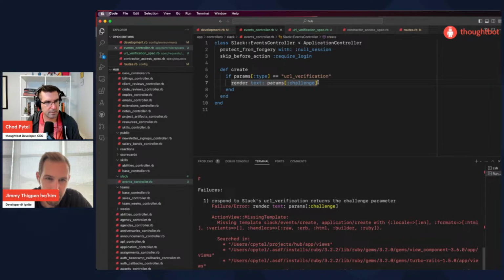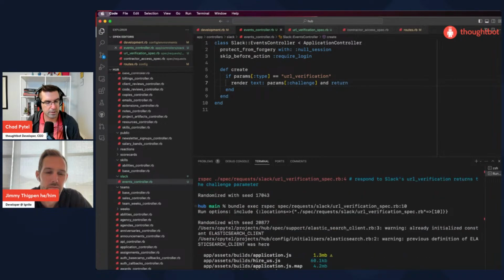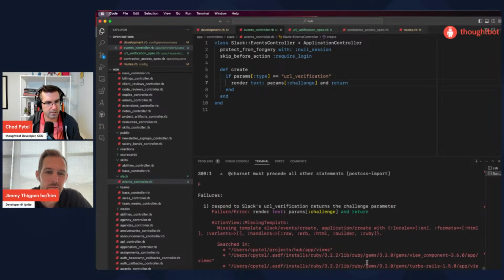We need to return. So by default, Rails is going to try to render the template if we don't return. No, wait, that doesn't make sense to me. The render of the text. Is it just generating text for the test here?